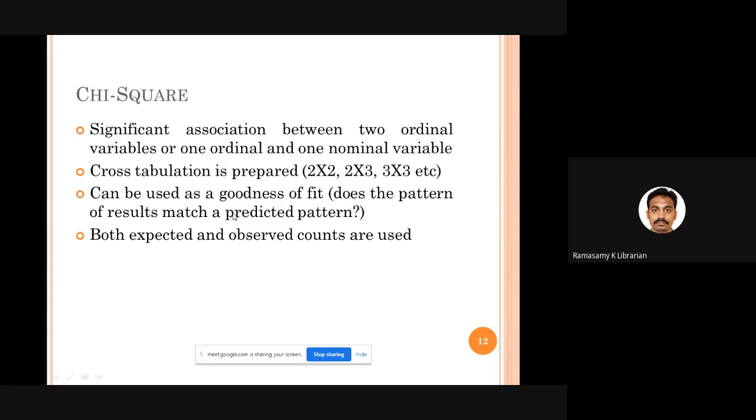Now what you do, you go to a foreign country, you meet some 500 Indians, you ask them which state they belong to. You have collected data.